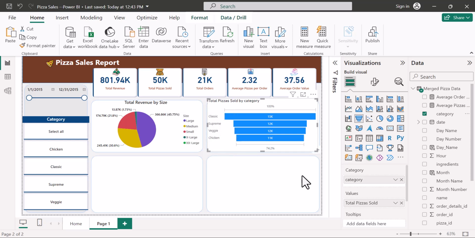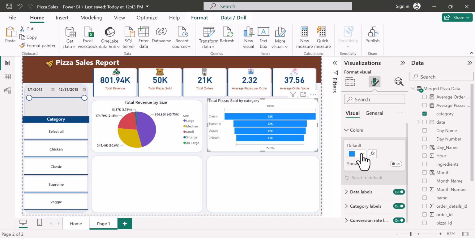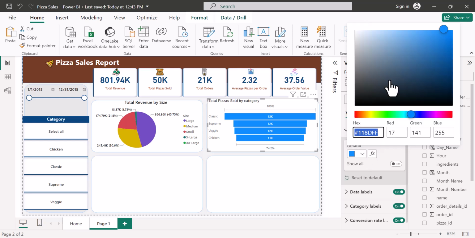Now we are going to format the visual to communicate better and to look better. I'll go ahead and go to format your visual. We start with colors. Right now we have blue. Remember that you can select any color from here, and you can also click on more colors. You will click on that. You can pretty much use any color that you can think of, but in this case I'm going to click